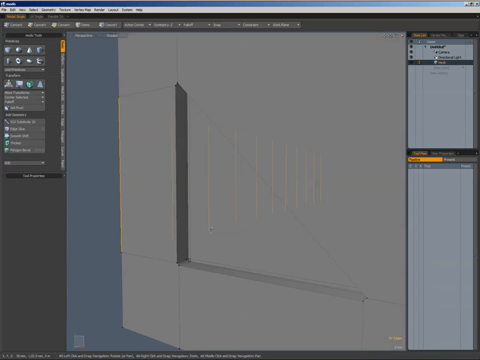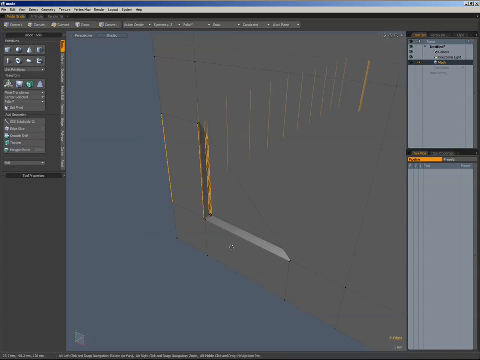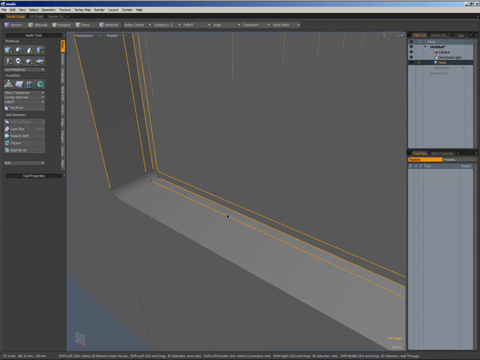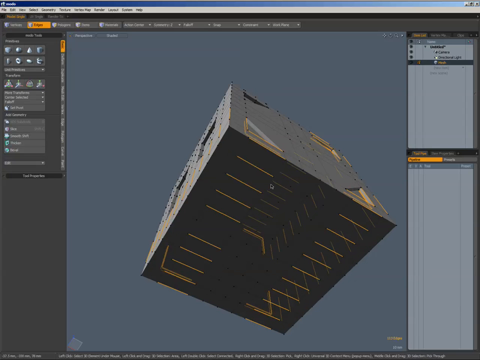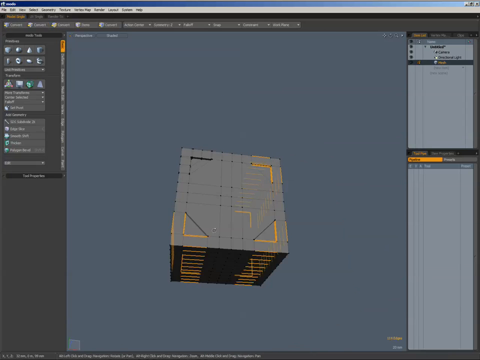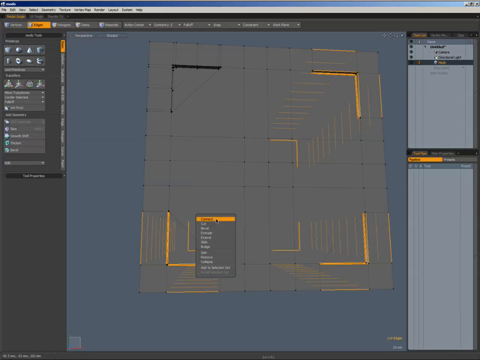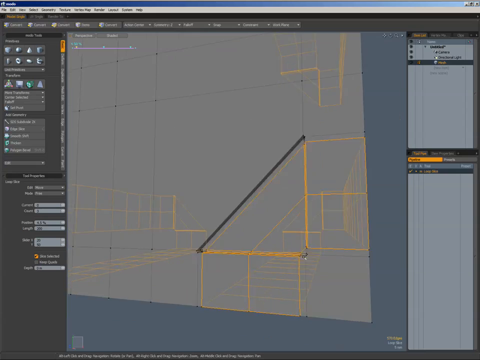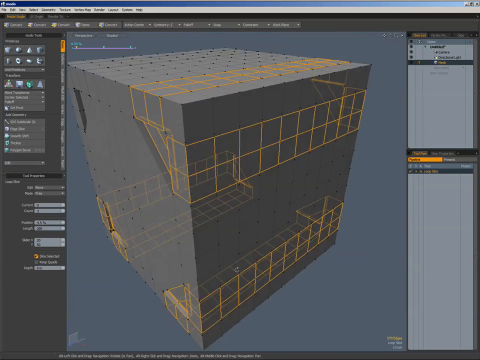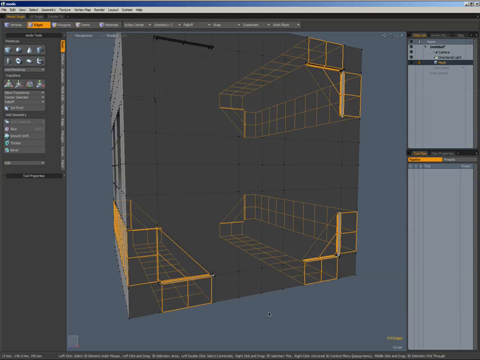I'll get up arrow here. Okay. Up arrow. Okay, we made our selections. We can now hit the loop slice tool right here, and everything is looking good on both sides. Okay, just drop the tool, hit escape,